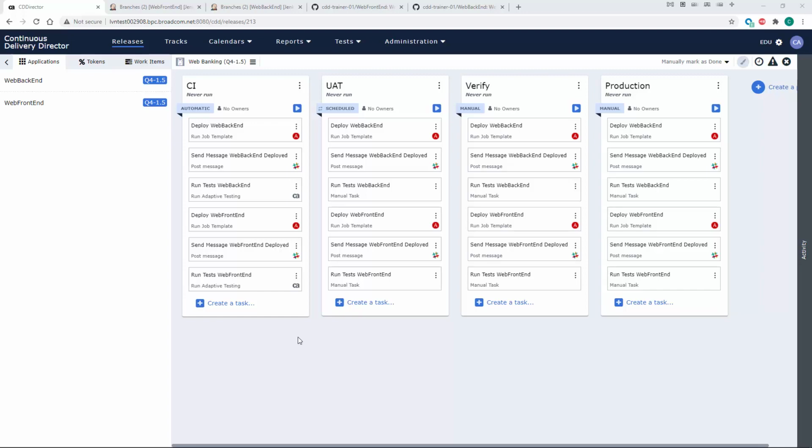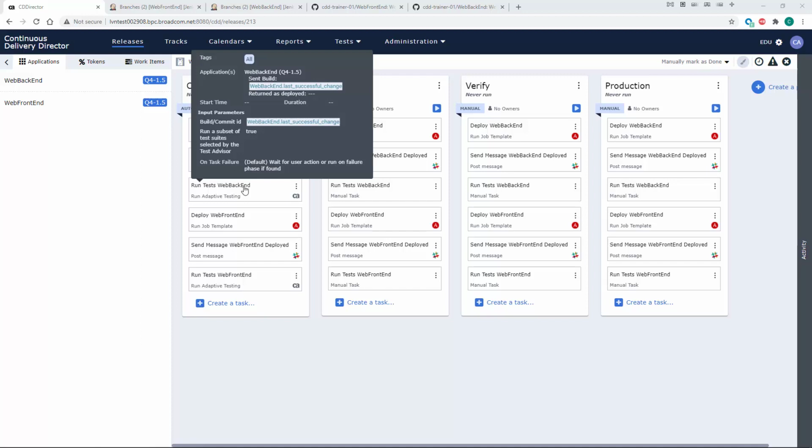So now that we have 4 primary phases built out, we'll create a special phase for the CI phase called an on-failure phase. This on-failure phase will execute automatically if a task fails that's configured to execute the on-failure phase in the event of a failure. For example, if we hover over the Run Test Web Backend task, we can see under the on-task failure setting that the task will wait for user action, or it will run the on-failure phase if one is found if the task fails. So once we have the on-failure phase created, if this task fails, the on-failure phase will automatically